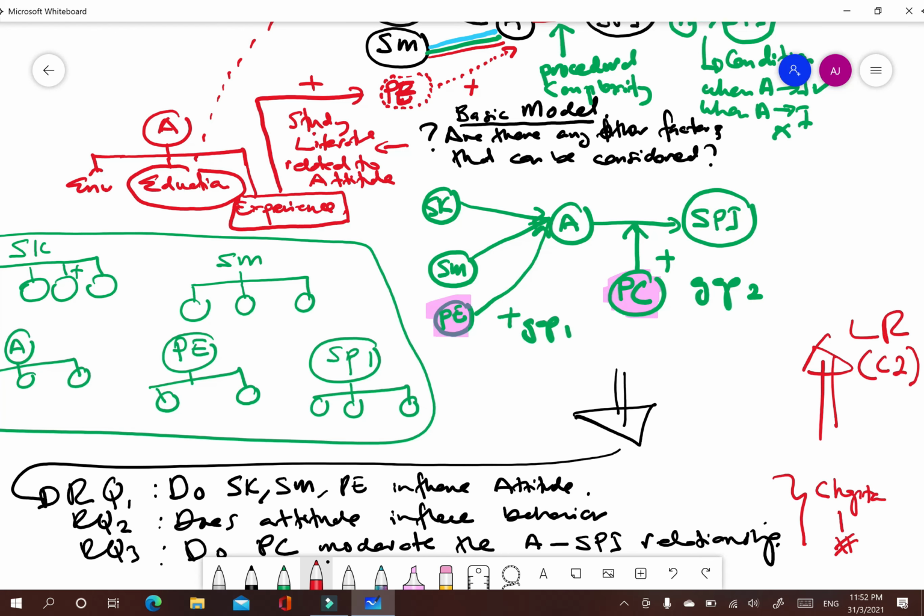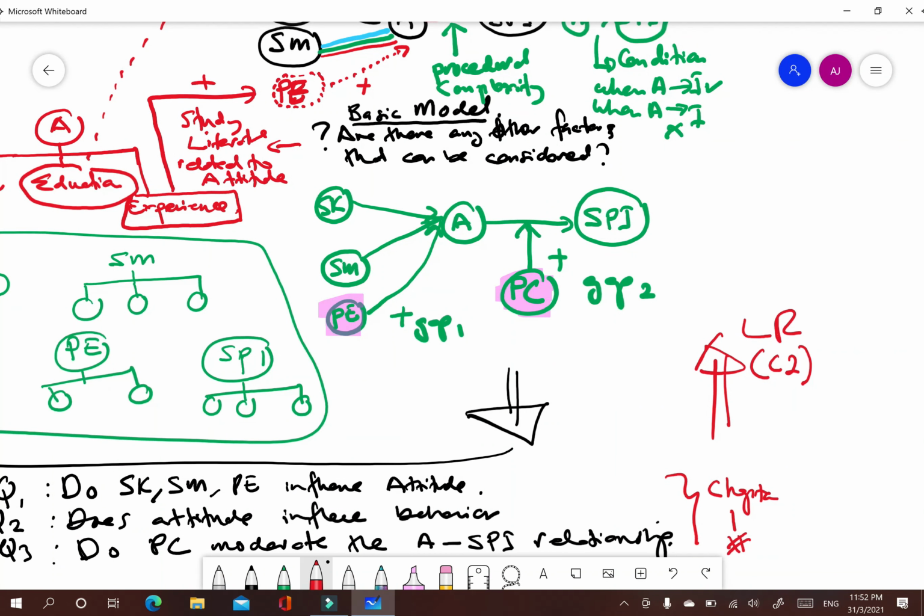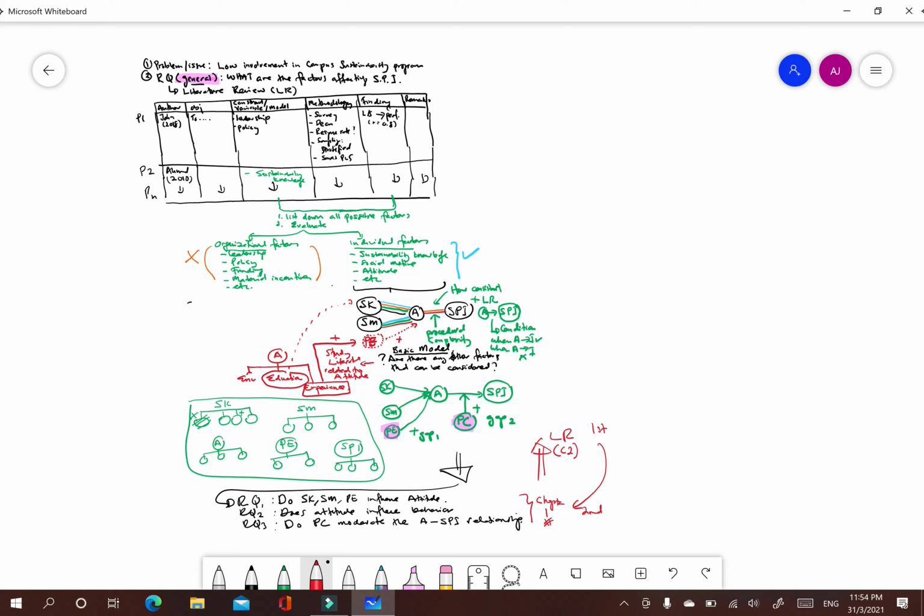In actual research, you do the literature review first, and then once you have a clear idea, you write the research question later, the second stage. So that's all for the overall process of identifying the research gap and also the research question based on the literature review process. Thank you very much.